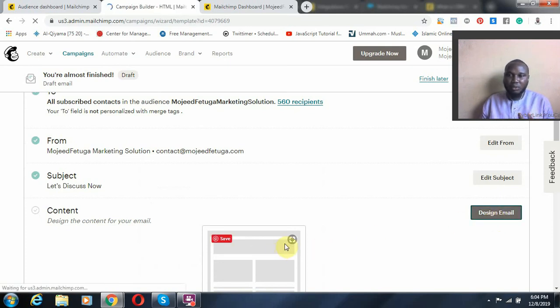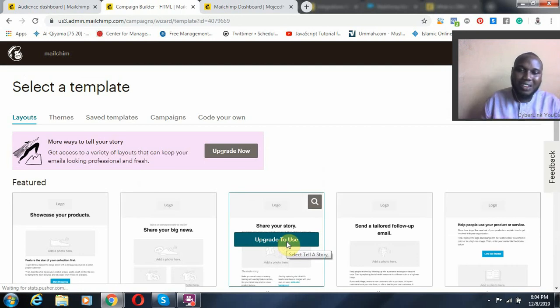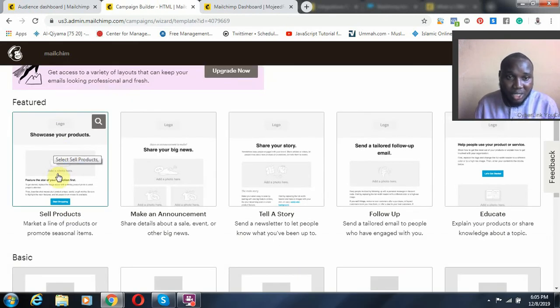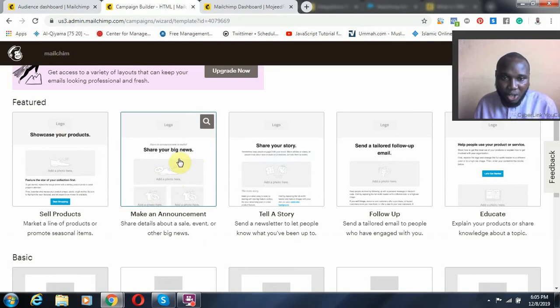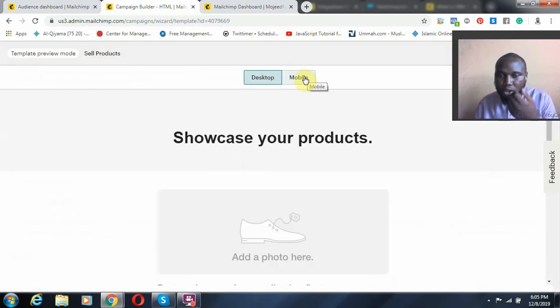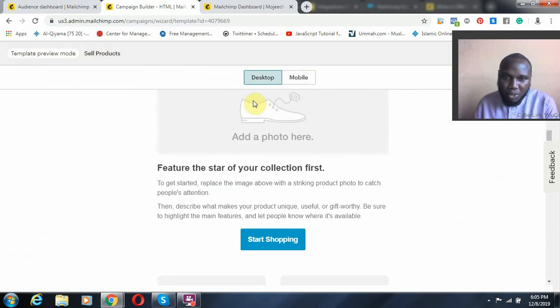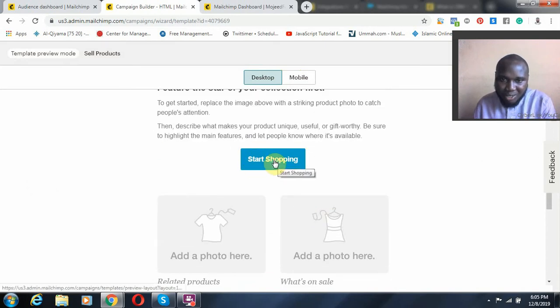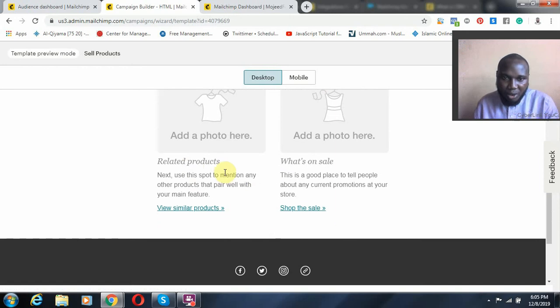When you click design email, it's going to take you through several pre-designed templates. If you have a product that you want to put, you can put your products here. If you want to make an announcement, you can just put it, and of course you can even preview it. When you preview, it's going to come up like this from desktop, and it's going to come up on the mobile version. Here you just need to put your top title, and you put the picture of your image, and you put whatever features you want to put, and you just click this start shopping,